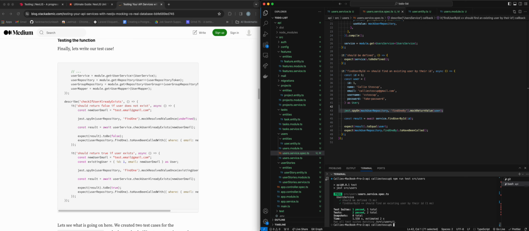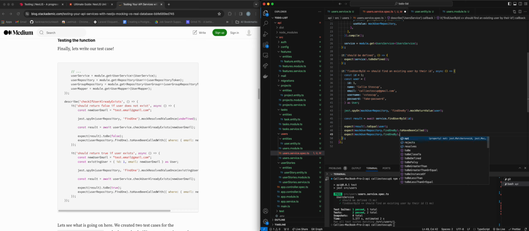So let's run our test. And it still passes, so that worked, okay? Then the next thing that we can do is we want to make sure the mock user repository findOneBy method is called, and we're going to say toHaveBeenCalledWith, okay, ID. So we want to make sure that the ID actually got passed in to that,